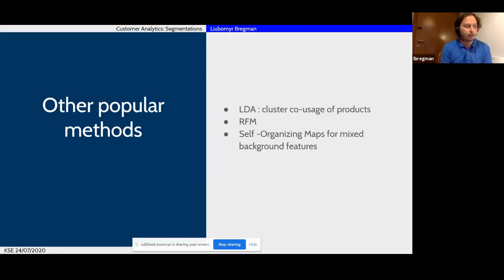There are a couple of other popular methods. Some of them I already mentioned. For example, LDA is especially useful for businesses which have a huge number of products or other categories. Sometimes you have product categories, sometimes different types of channels or different types of sellers, so a lot of different category types.